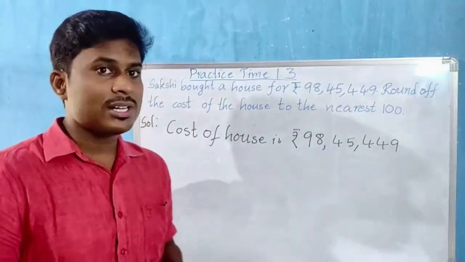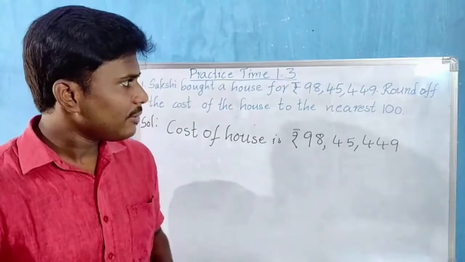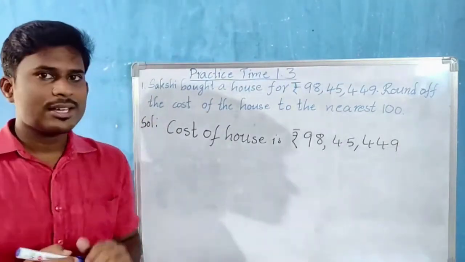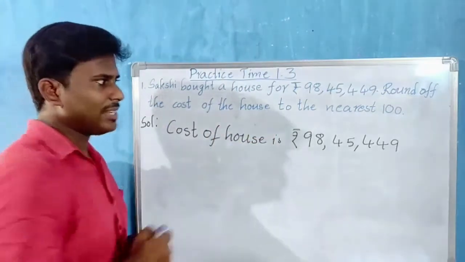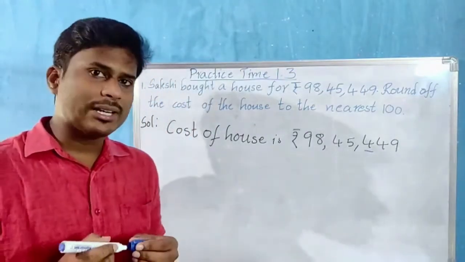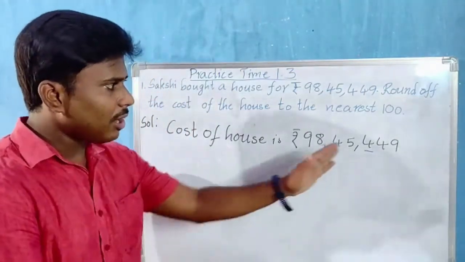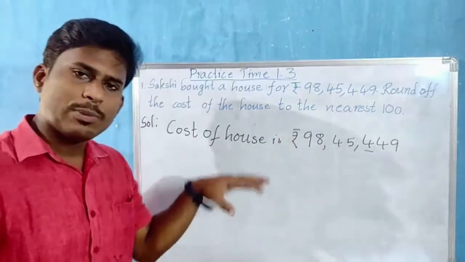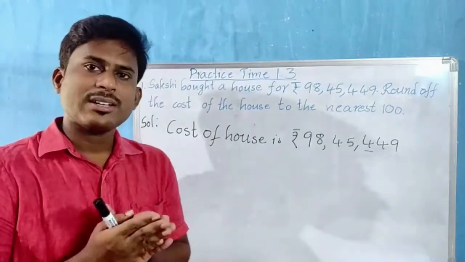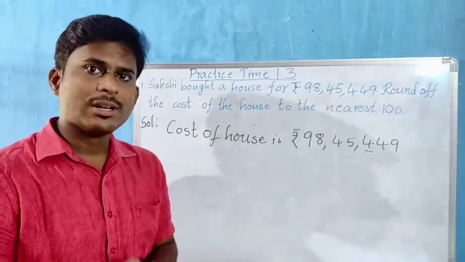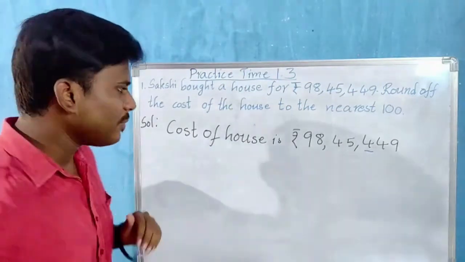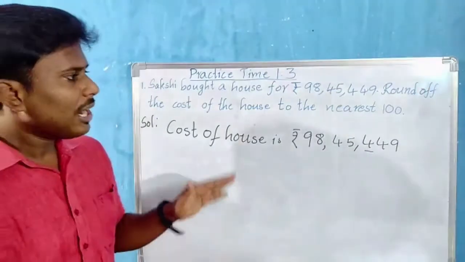Nearest hundreds means what? As we discussed earlier, nearest to 100. So we have to find out the rounding digit first. What is our rounding digit here? Hundreds means hundreds place. So ones, tens, hundreds. So this place is our rounding digit. So all the digits on the left side we have to place as they are. On the right side we have to look at the immediate right digit, whether it is 1 to 4 or 5 to 9. Then we have to add plus 1 or the digit will stay the same. Let us look.